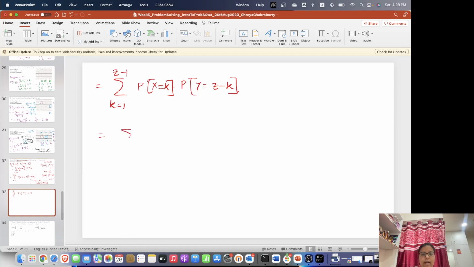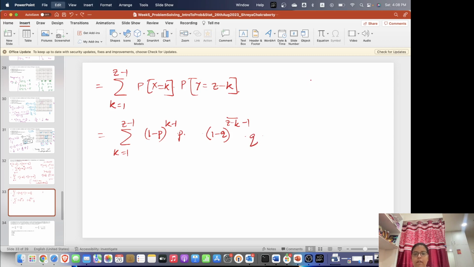So this we can write as summation k equal to 1 to z minus 1, 1 minus p to the power k minus 1 into p, into 1 minus q to the power z minus k minus 1 into q,